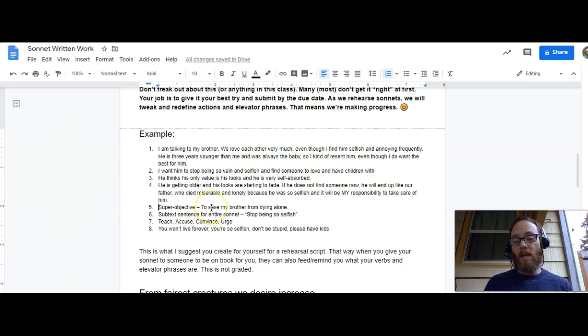My action is to save him. That's what I'm doing for this whole sonnet. The subtext sentence, elevator phrase is the same thing as a subtext sentence. I can't type. Is stop being so selfish. Could be have kids. But for me, it just works better emotionally with the way I connect to this sonnet